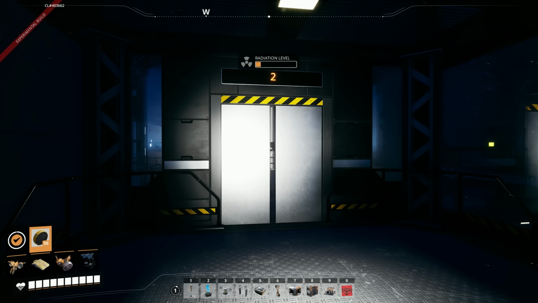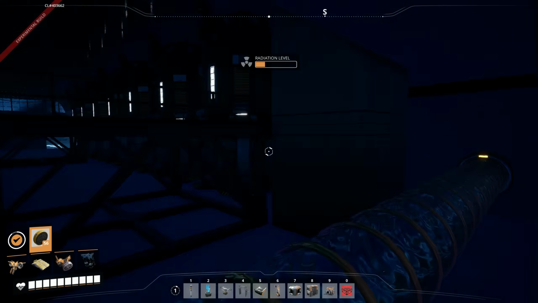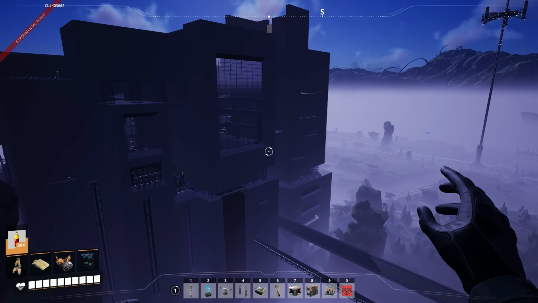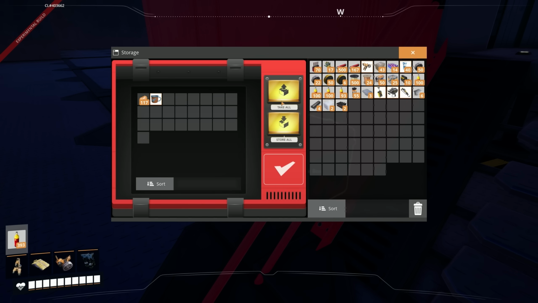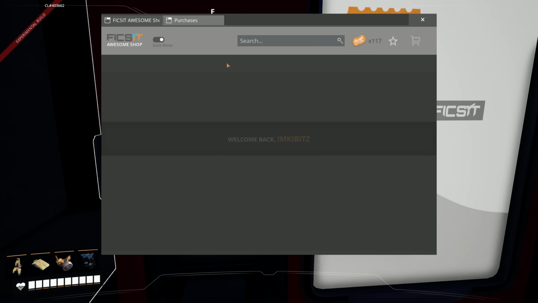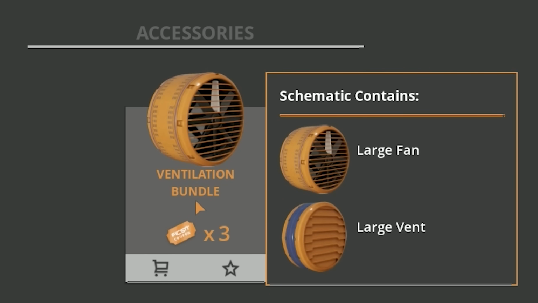But okay, that's all set up, and I have realized something detrimental. We have to go back to our main base. I forgot one of the most important buildables in the whole update. It's in the awesome shop, and I guess I clearly didn't scroll down. Got a mug as well because I was live streaming, okay? No bully. But essentially, in architecture, if you scroll down, there's ventilation bundles, which gives you a large fan and